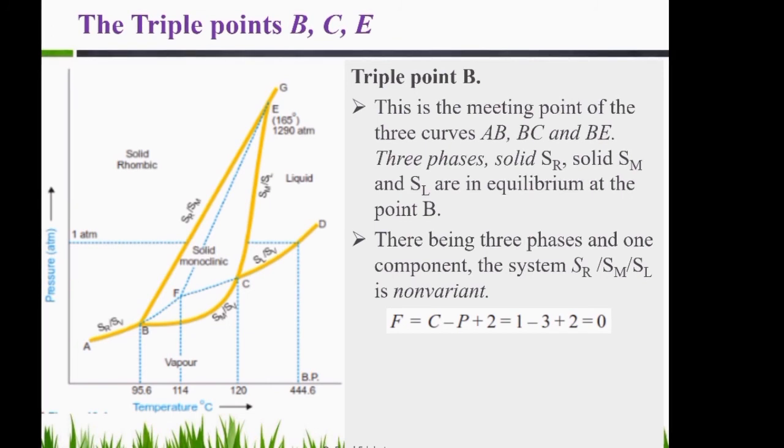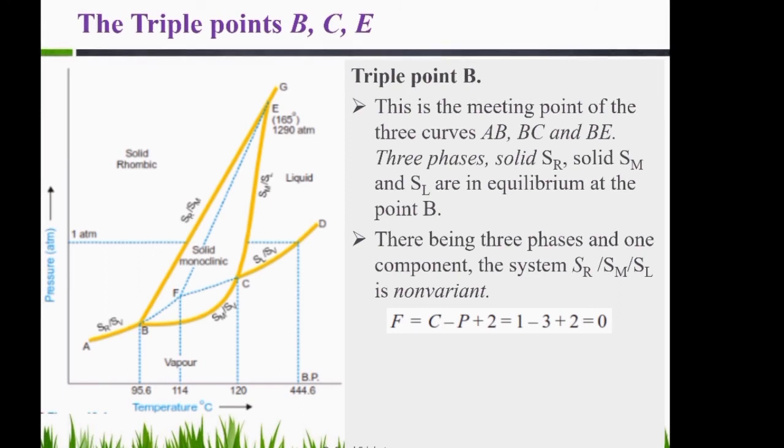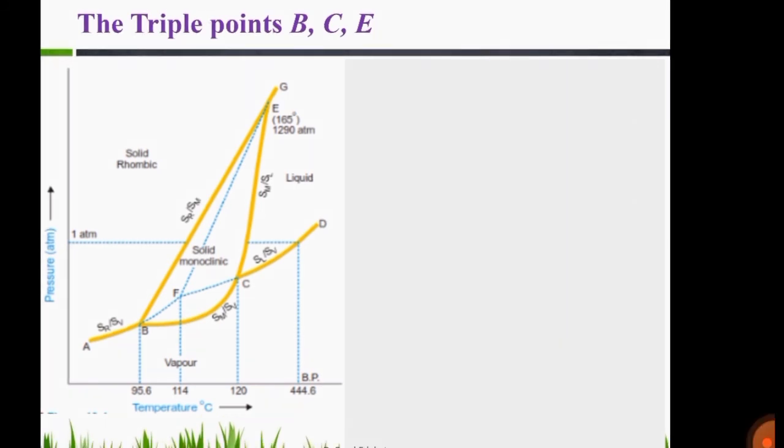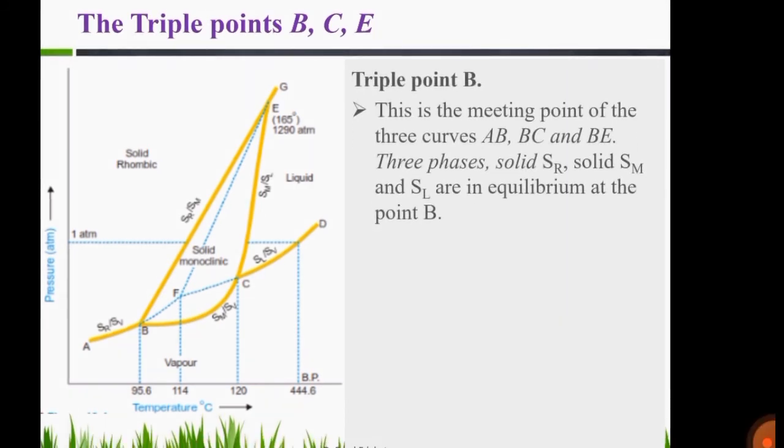There being 3 phases and 1 component, the system SR, SM, SL is non-variant. According to the phase rule, F is equal to C minus P plus 2, which is 1 minus 3 plus 2, which is 0, non-variant. At B, SR is changed to SM and the process is reversible. Thus the temperature corresponding to B is the transition temperature,